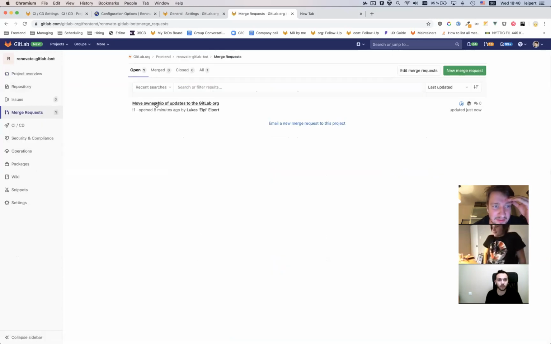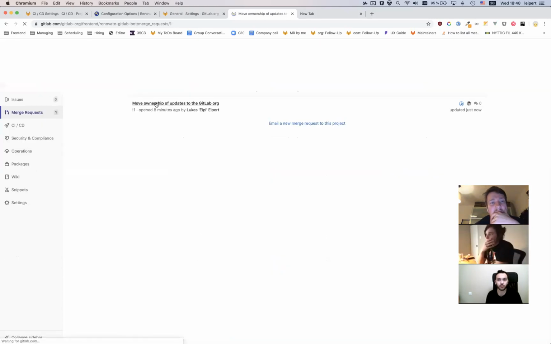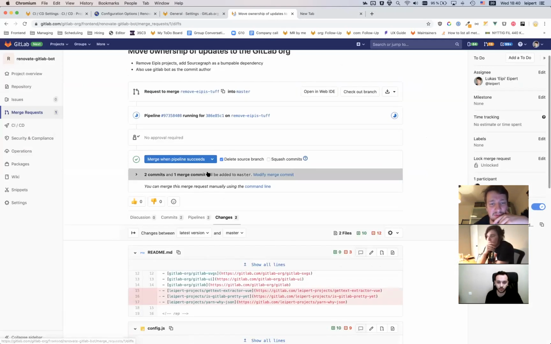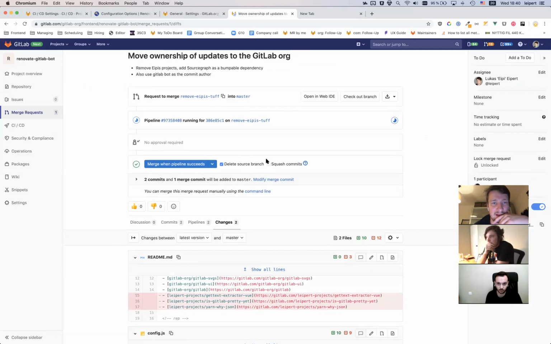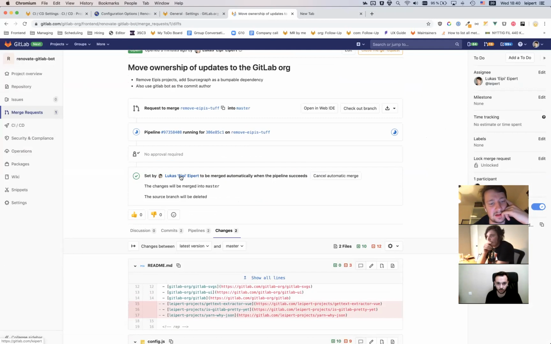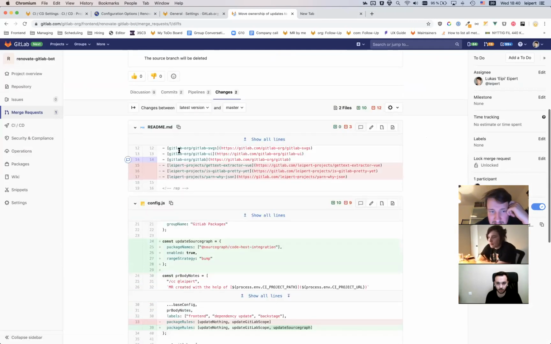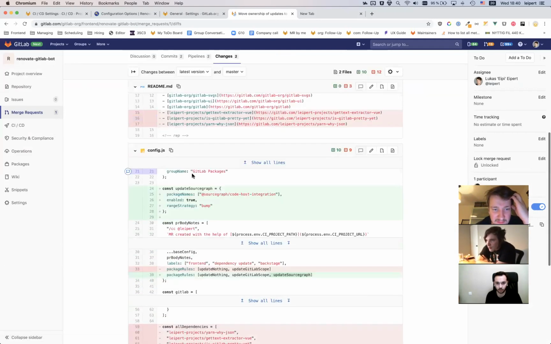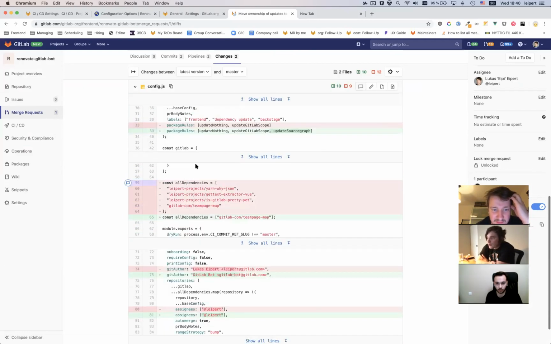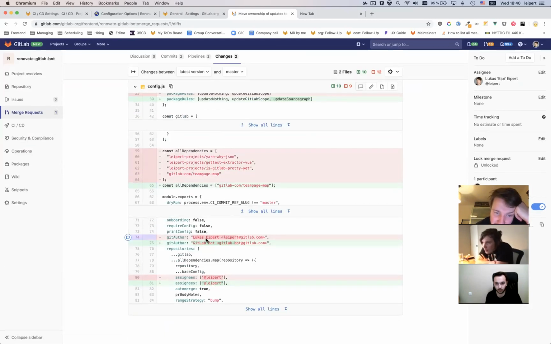Yeah, I think that's it, right? So okay, if this goes through, I actually would set MVPS, right? Merge when pipeline succeeds. Let's review it real quick. It just removes my items from the list, right? Adds the source graph integration, adds the update source graph, updates things where we want to update all dependencies just to the team page map, changed the ownership of the bot, and it changed the ownership of the assignees,